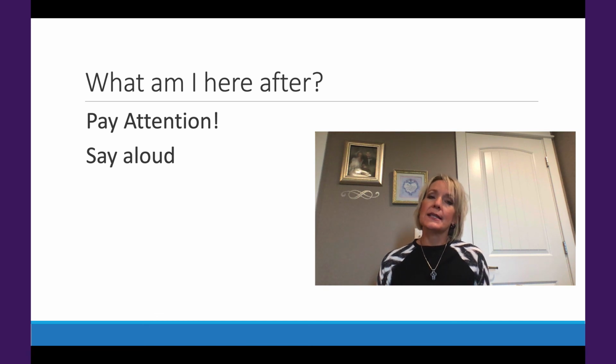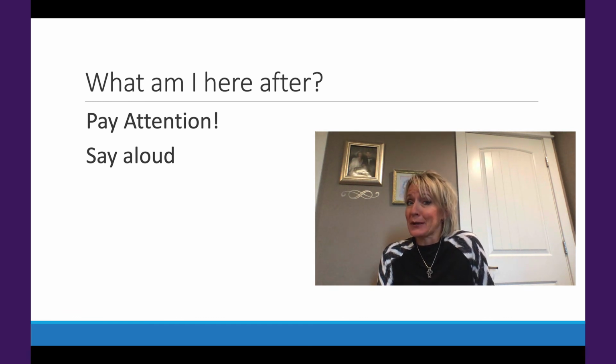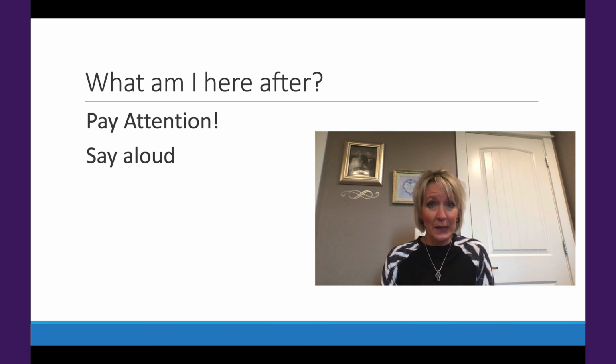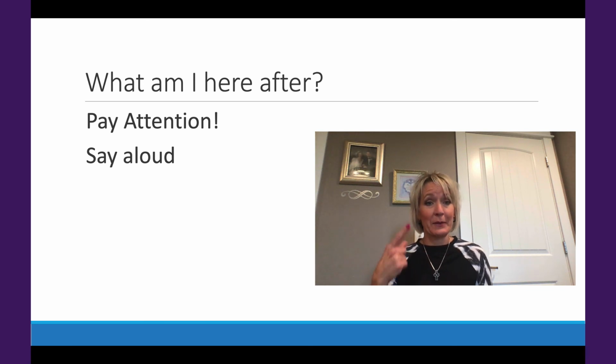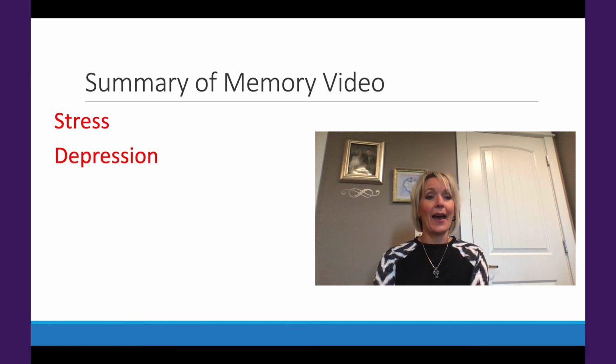What that does is, if I'm talking to myself, it's pretty hard to ignore myself, right? It's still easy for other people to ignore us, but we don't care if someone else is ignoring us. All we care about is getting that stinking Reese's peanut butter cup. So we just say it over and over again. We're focused, we're paying attention, we're saying it, so we've got the motor system involved, and we're hearing it, so we've got the auditory system involved. It's a lot harder to forget what you're there after if you do these two things. So I want you to try that this week.